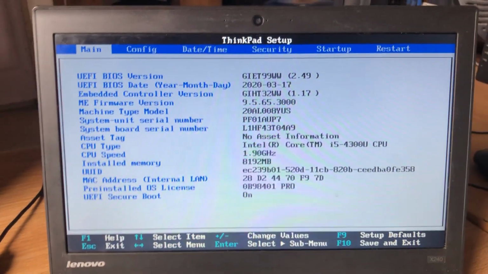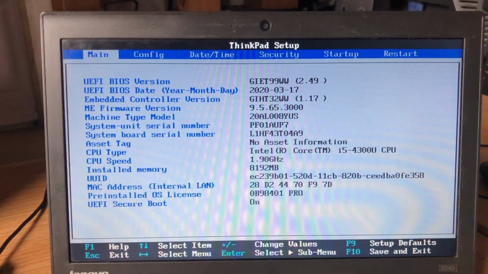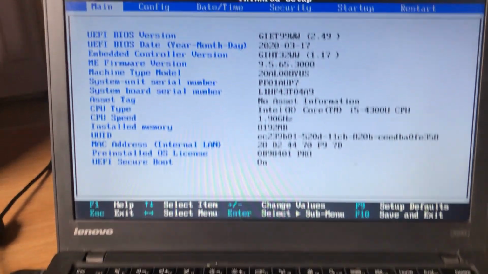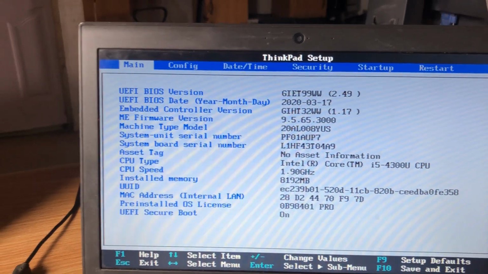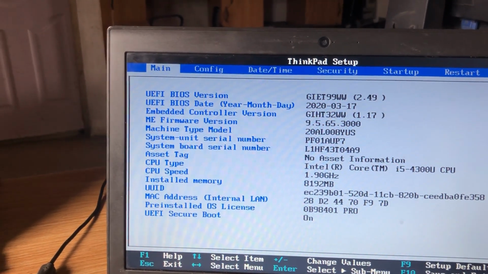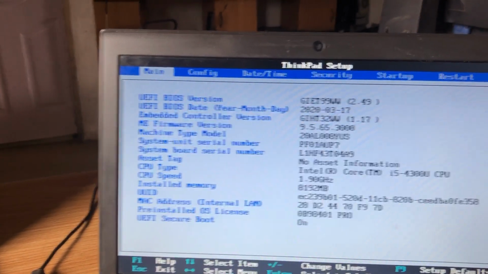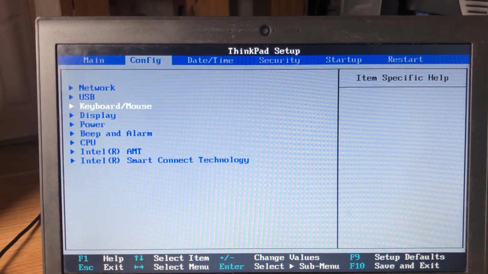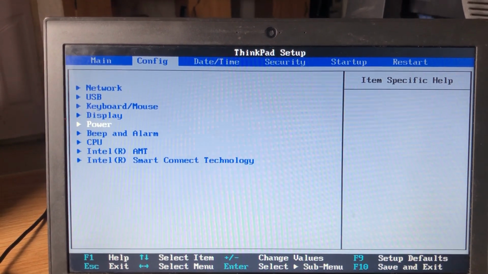Then we are now greeted with the BIOS. From here you can see the UEFI BIOS version, the CPU type, the speed of the CPU, the installed RAM, and the MAC address. So we'll go to the configuration, move to power,